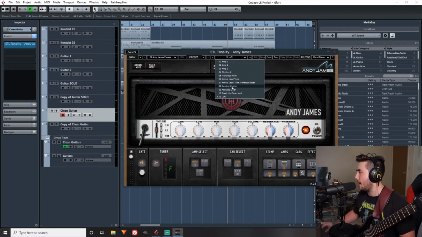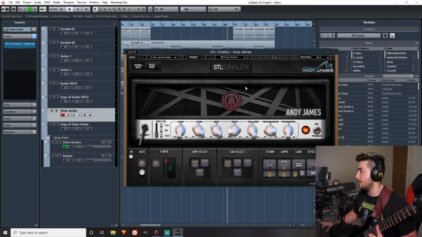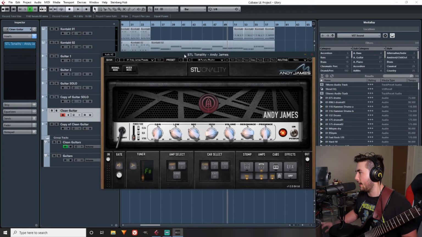So what I'll do now is just kind of walk through the plugin itself, because it is a little confusing compared to Neural DSP stuff, which is not really fair to say, because Neural DSP pretty much knock it out of the park. But this is the basic layout of the plugin itself, and yeah, it's based off of Andy James's preferences,